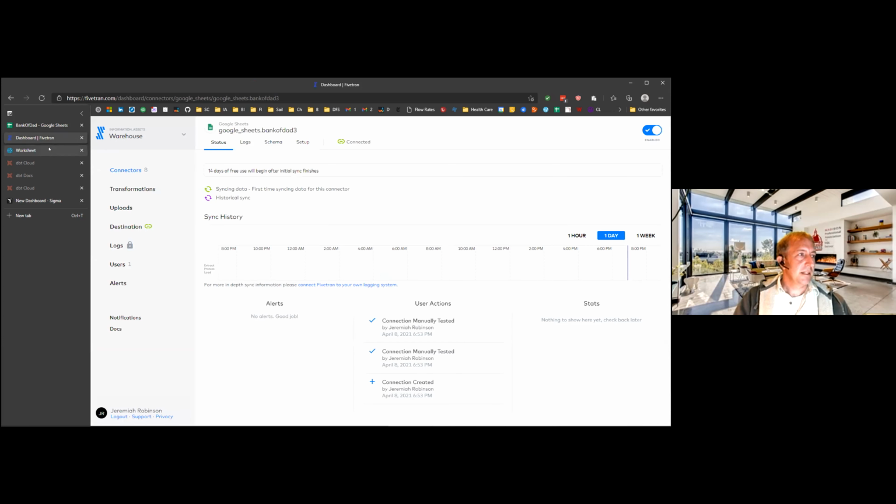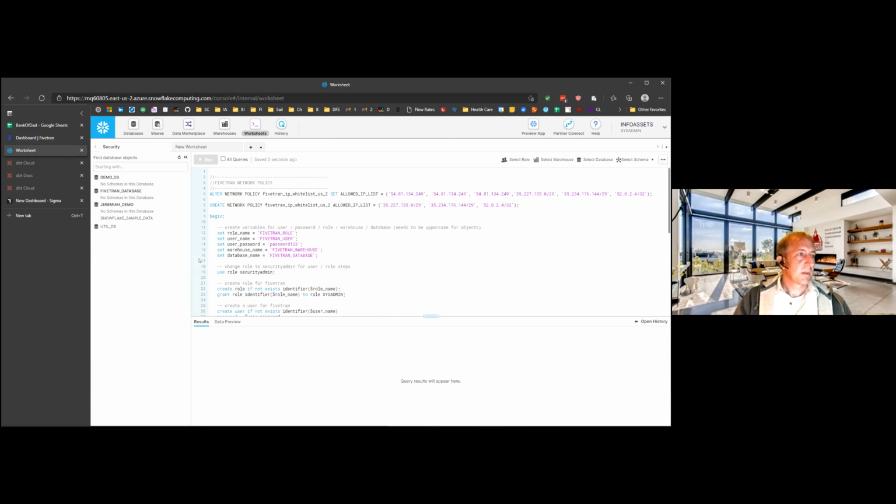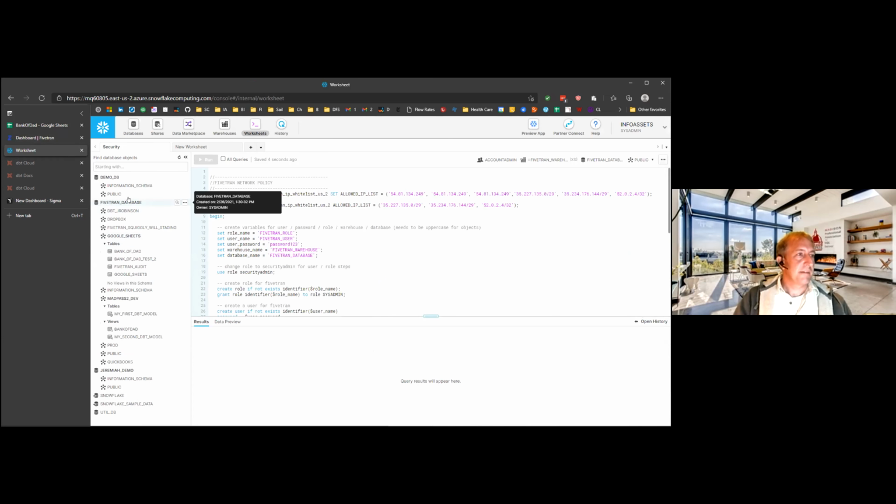Check on FiveTran, it's still going. So yeah, you have to define this FiveTran database, and you have to go into security here and give permission for FiveTran's IP address to connect to things and define some users. There are ways to do this with a key vault, but I didn't because this is just a demo.